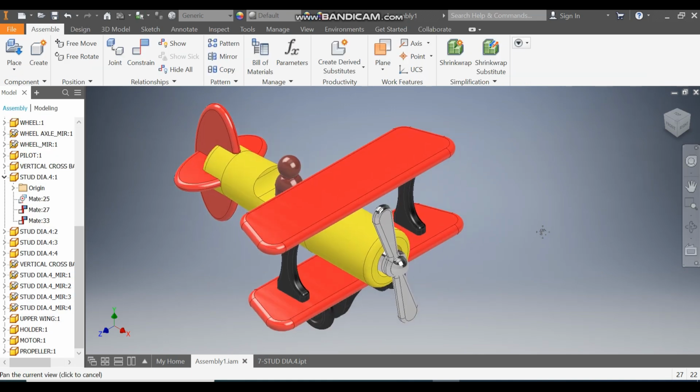We have already completed the previous parts. You can watch the previous videos for the parts, and further we are going to make the next parts to complete the